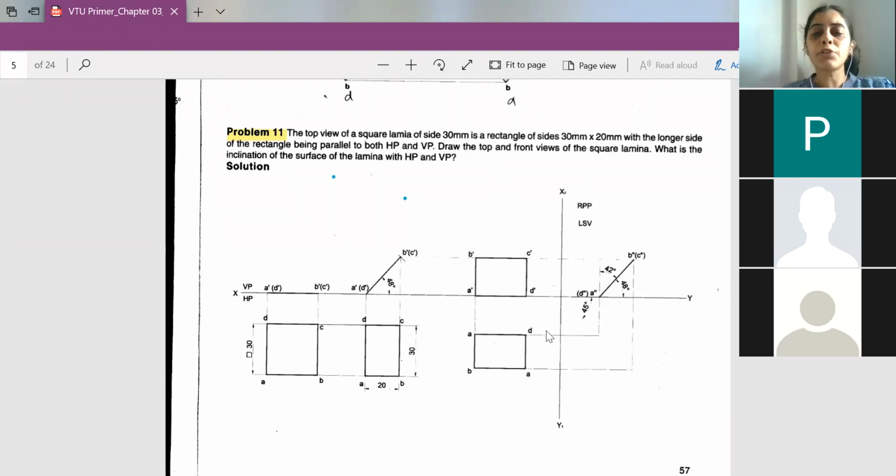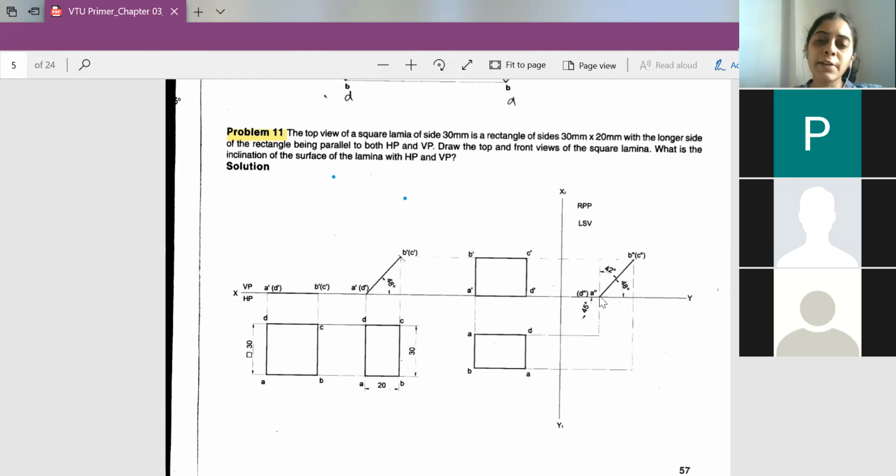You extend the projection of the locus of AD and locus of BA above. After that, you extend the locus of B dash, C dash and locus of A dash and D dash. Right. So now it meets at one point here. A dash and D dash is meeting at one point. A and D is also meeting at one point. B and A is also meeting at one point. B dash and C dash is also meeting at this point.